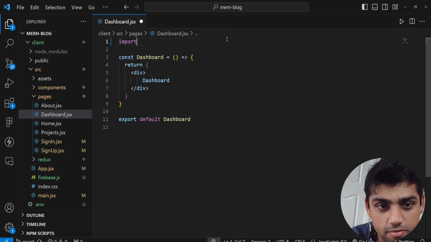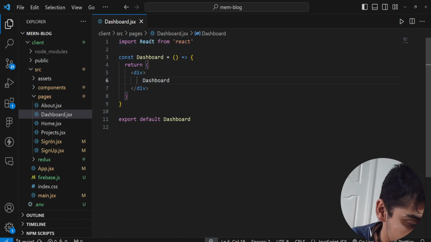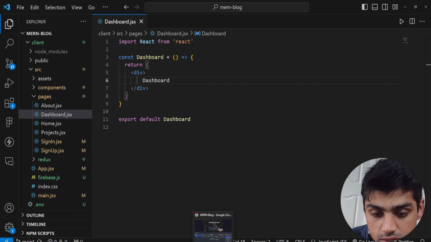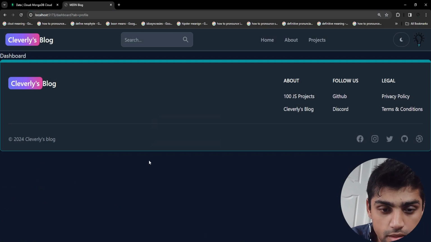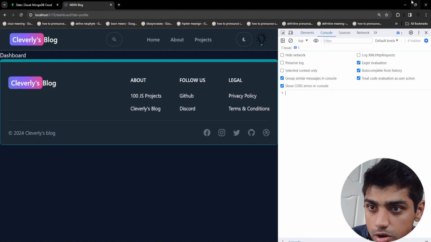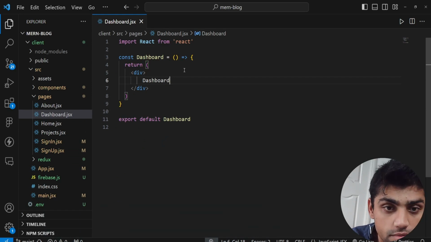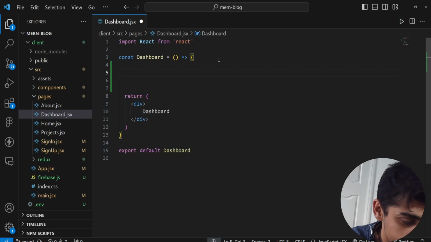Right now, what we have here is import React from React. We have to try to get the URL. You just see this tab is equal to profile. We basically need profile, so inspect console. We need that in our console. To do this, it's pretty simple. We go, and first of all, we go to this,